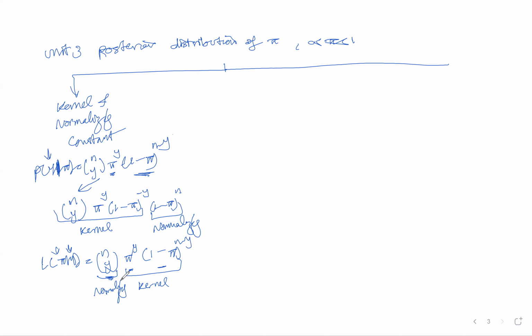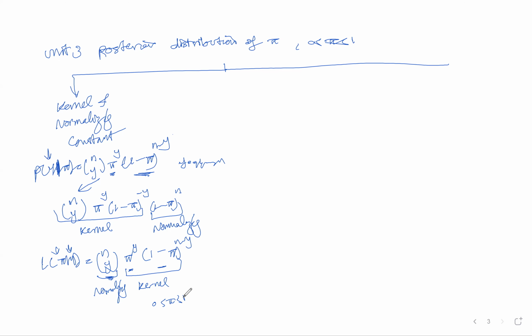When you write the range for y, the variable is y, and the range is 0, 1, up to n. But for the likelihood, because we assume pi is unknown, the range of pi is from 0 to 1. So this is the idea of normalizing constant and